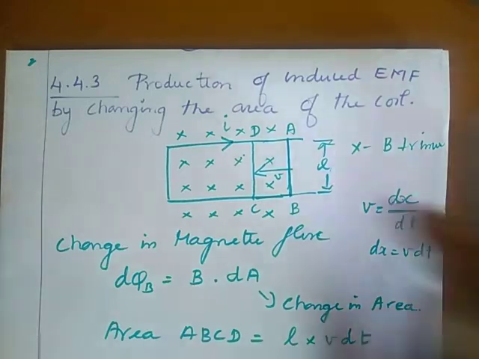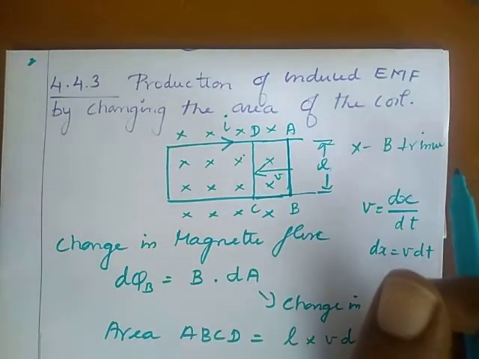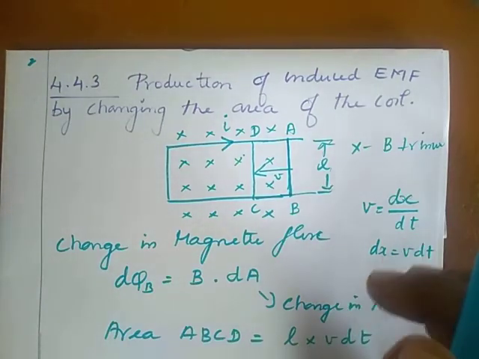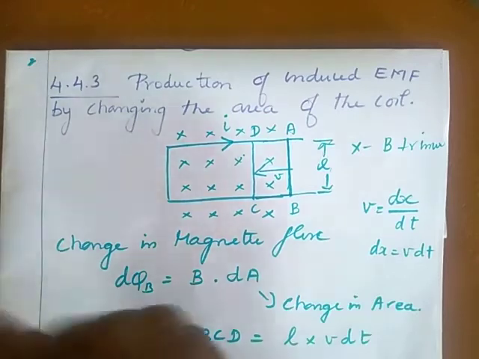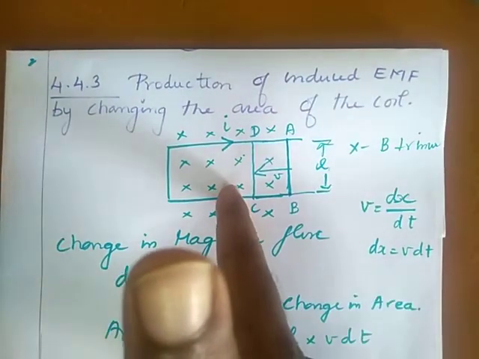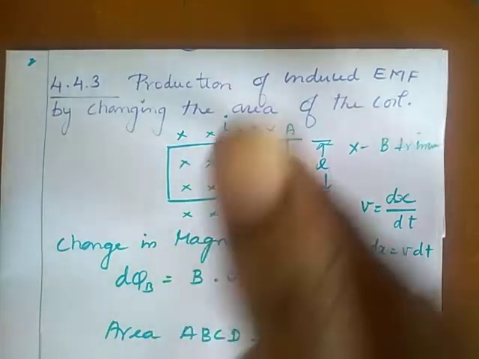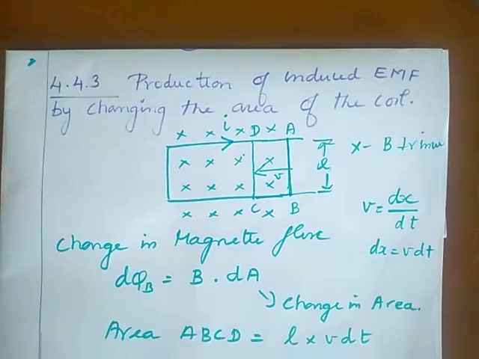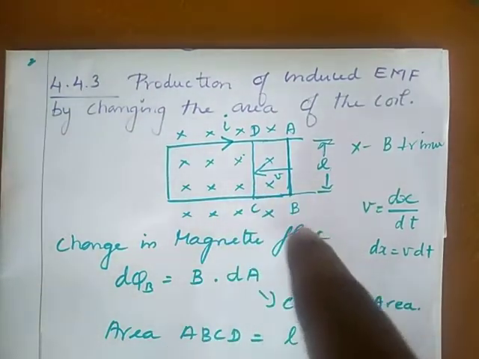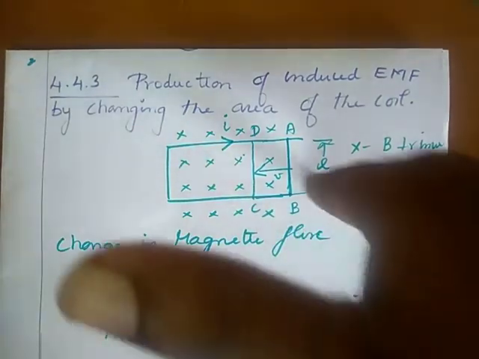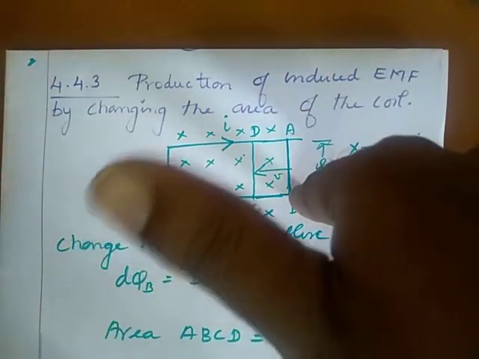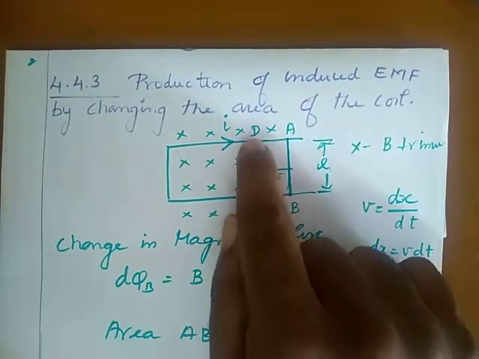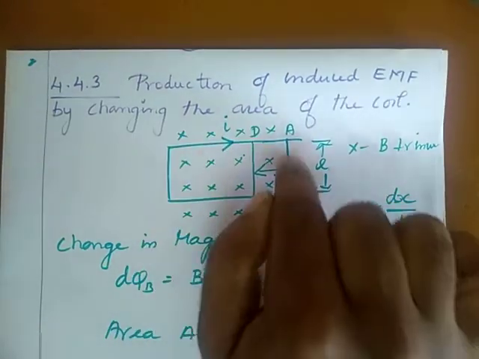Okay, or we can use Fleming's right hand rule. Okay, according to Fleming's right hand rule, in your right hand, the forefinger points in the direction of the magnetic field, the middle finger points in the direction of the current, and the thumb points in the direction of the motion of the conductor. Okay, so the forefinger points the direction of the magnetic field, the thumb points the direction of the motion of the conductor, so the middle finger indicates the direction of the induced current. So here the current flows in a clockwise direction.